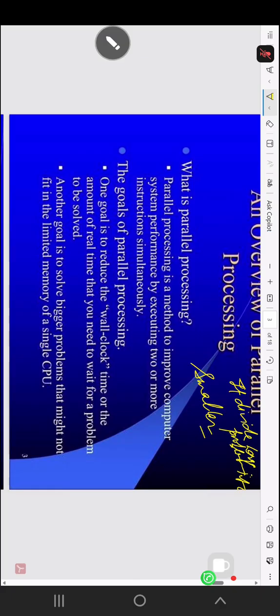Is it clear? It is a computational technique in which multiple processors perform different parts of a task simultaneously to increase speed and efficiency of computation. And these very big operations and problems are divided into small sub parts and solved concurrently, instead of sequentially. In parallel processing several instructions are executed at the same time.